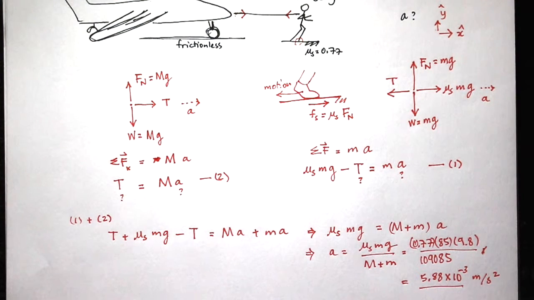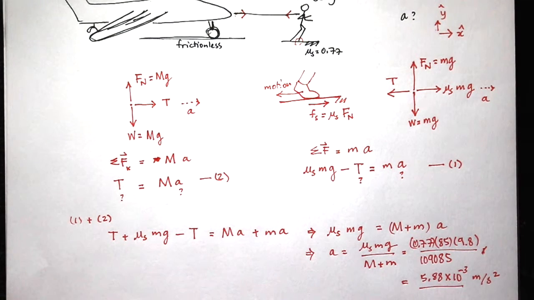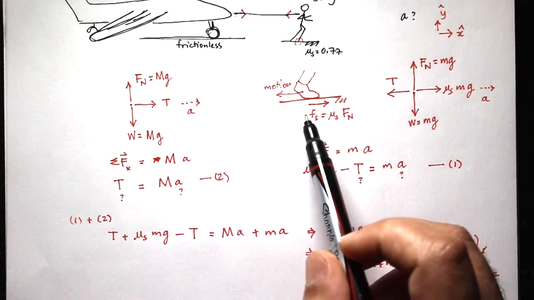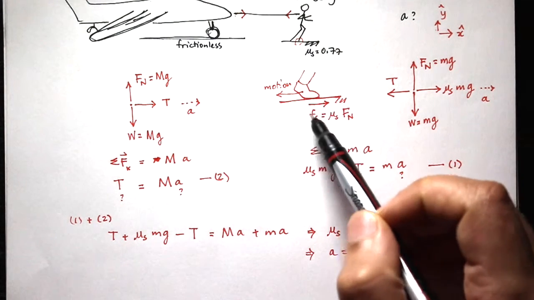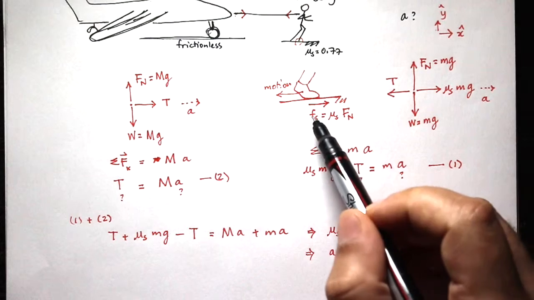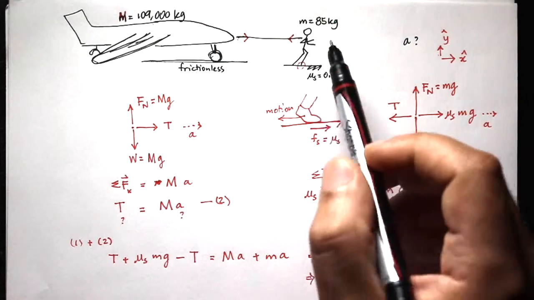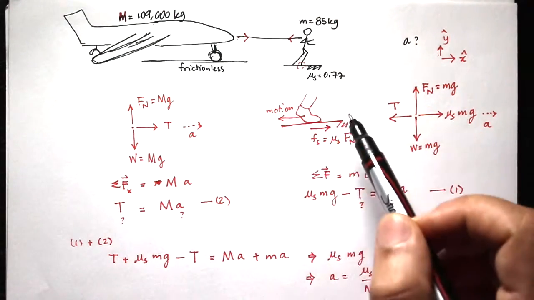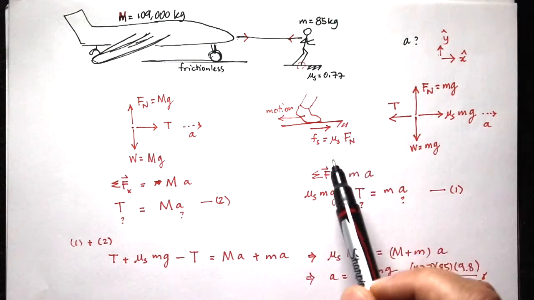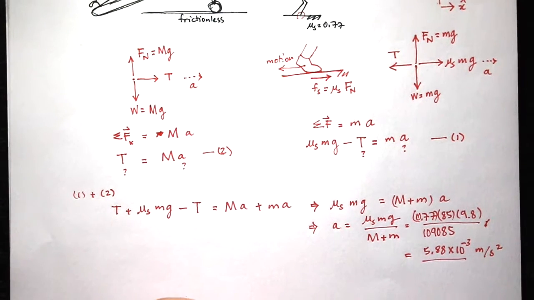Now, like I told you, there's another way of solving this problem without having to do both free body diagrams. I could have just looked at what happens to the foot of the man and figured out the friction force, and then I could have deduced that the friction force is really the only force that is moving the system forward. Okay, so if I treat the man and the plane together as a system now, the only force that is moving them forward is this friction force. So I could have said right away that the friction force is equal to the mass of the system multiplied by their acceleration,